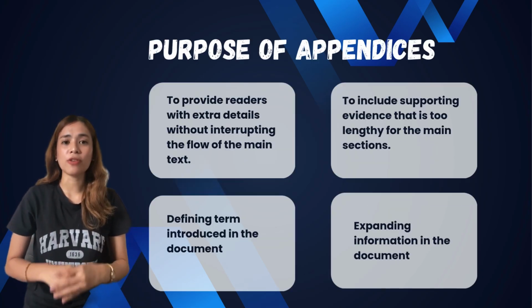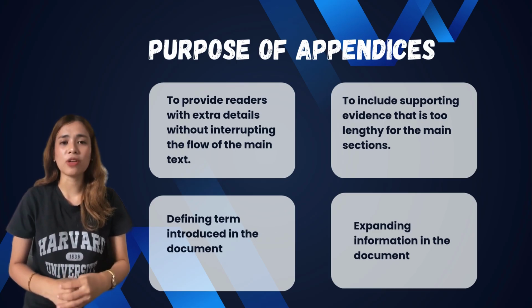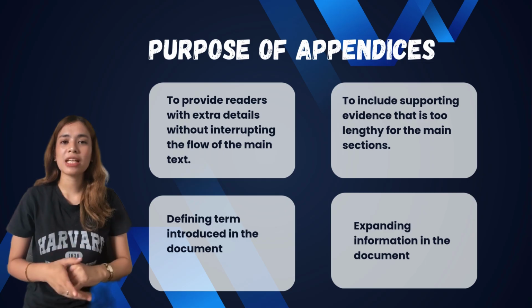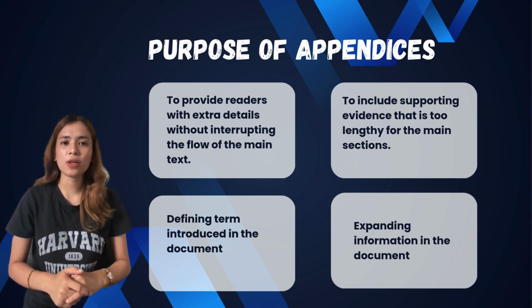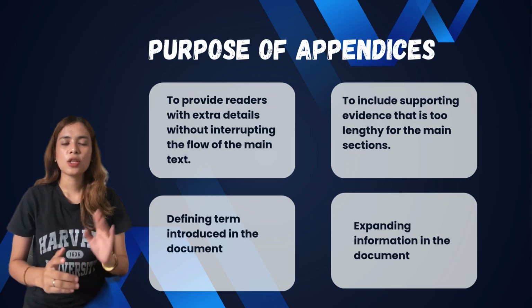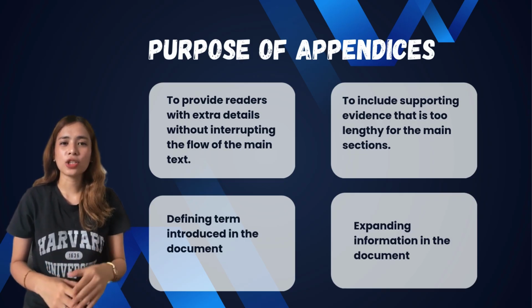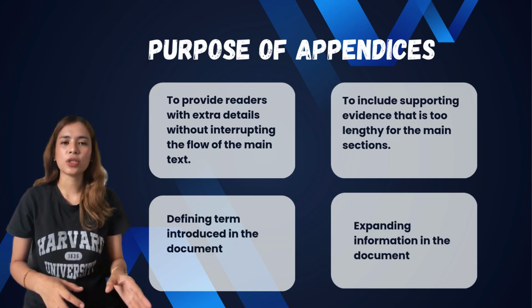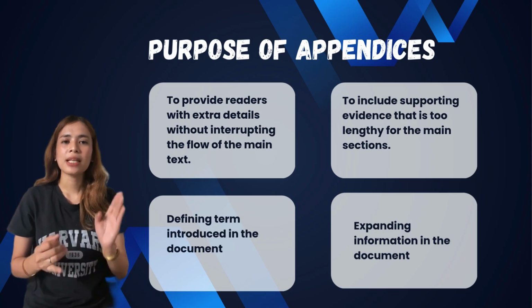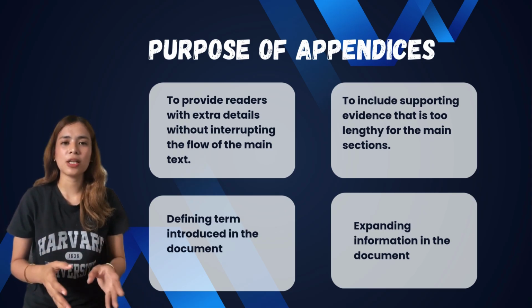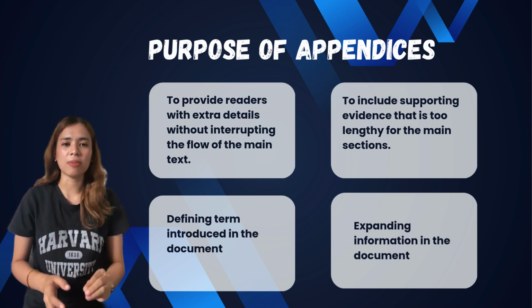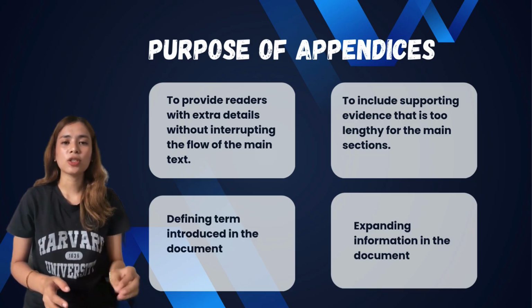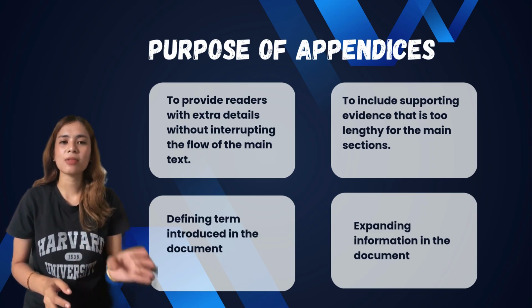Next is the purpose of appendices. So what is the purpose of appendices? First is to provide readers with extra details without interrupting the flow of the main text. So in academic writing, maintaining a logical and smooth flow of ideas is crucial. However, some information such as extensive data, detailed descriptions, or technical explanations may be too complex or lengthy to be included in the main body of the document. So an appendix allows writers to place this supplementary material at the end, ensuring that the main text remains clear